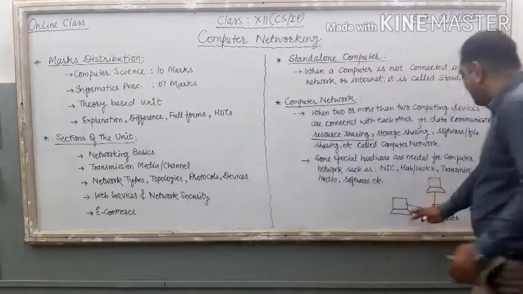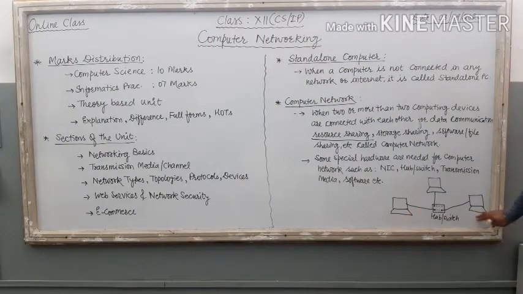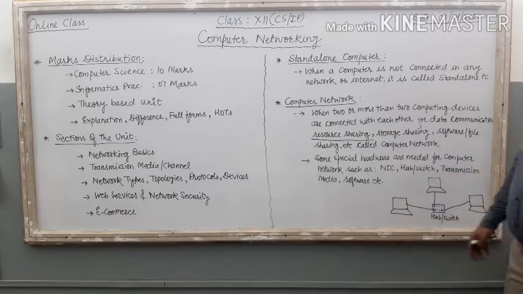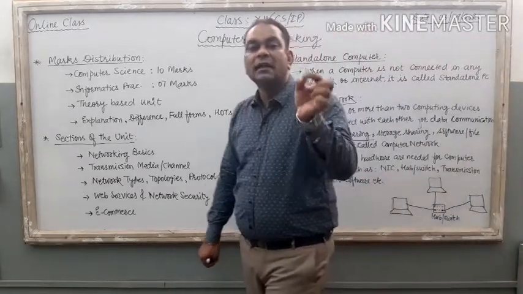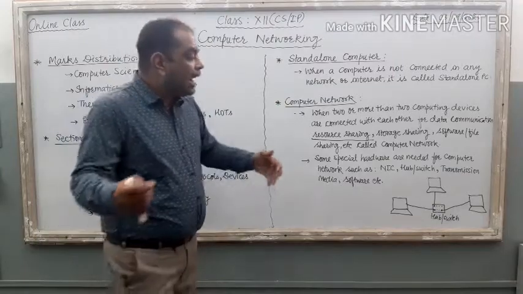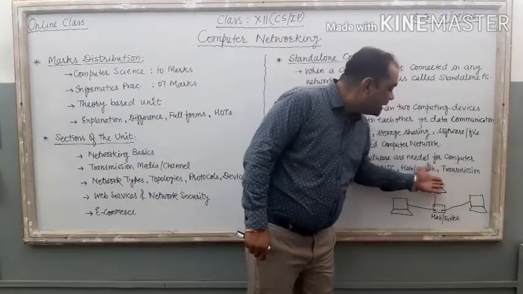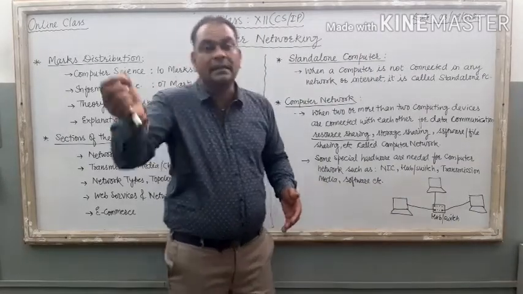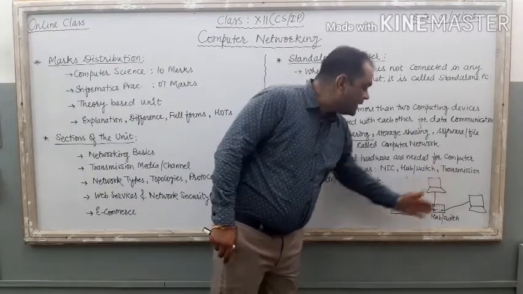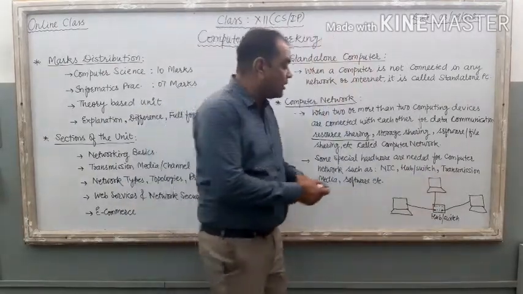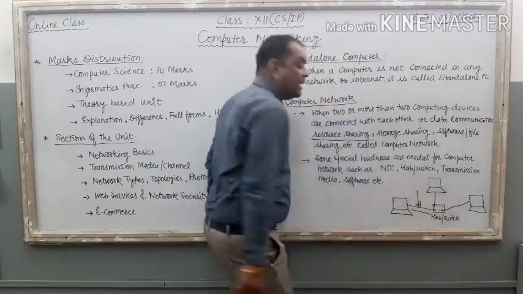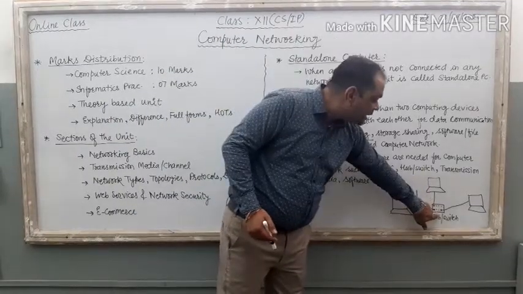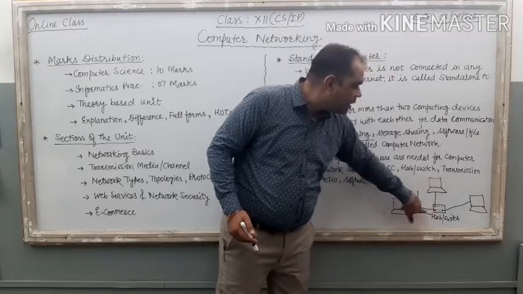If I have 3 standalone PCs, and I want to connect these PCs with each other, I require one hub or switch, that is known as the central connecting device. I require a NIC in all these 3 different computers. Network interface card is a type of hardware that is installed inside the cabinet. Right? So, I require a NIC, I require a hub or switch. Now, these 2 things are available. Now, what is this one? It is known as transmission media or transmission channel, by which we can connect our PC with this hub or switch, a central connecting device.